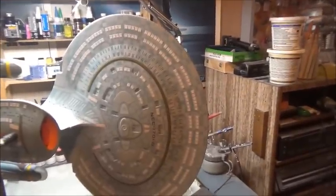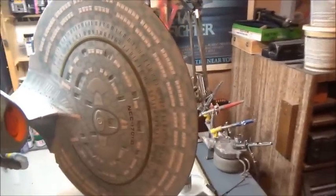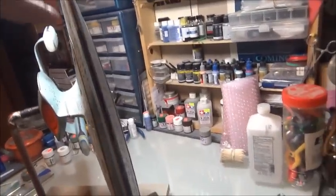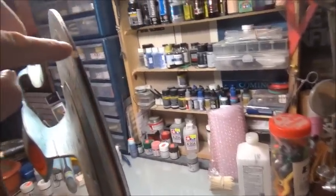I've got a bare scant number of decals left to go on. The big job for today is going to be painting in this rim. The tulip is set up overnight. I've got a little bit of epoxy sculpt, just going back in and redefining some characteristics that got wiped away